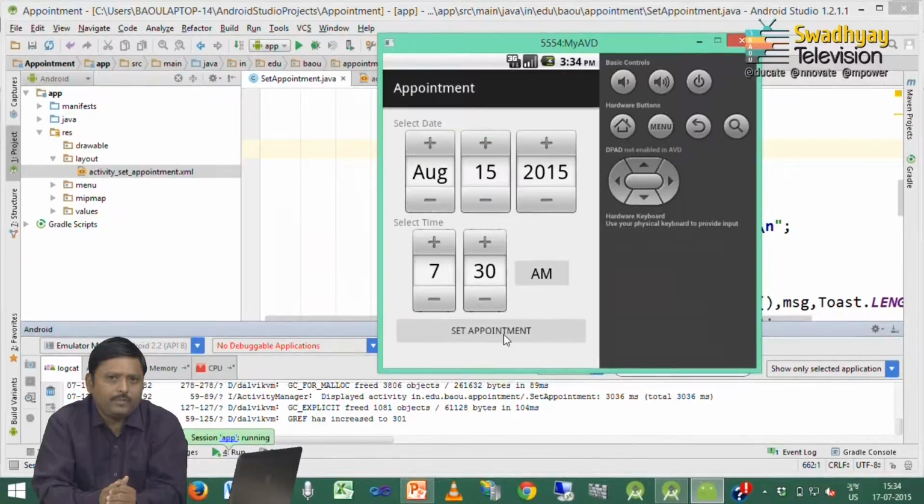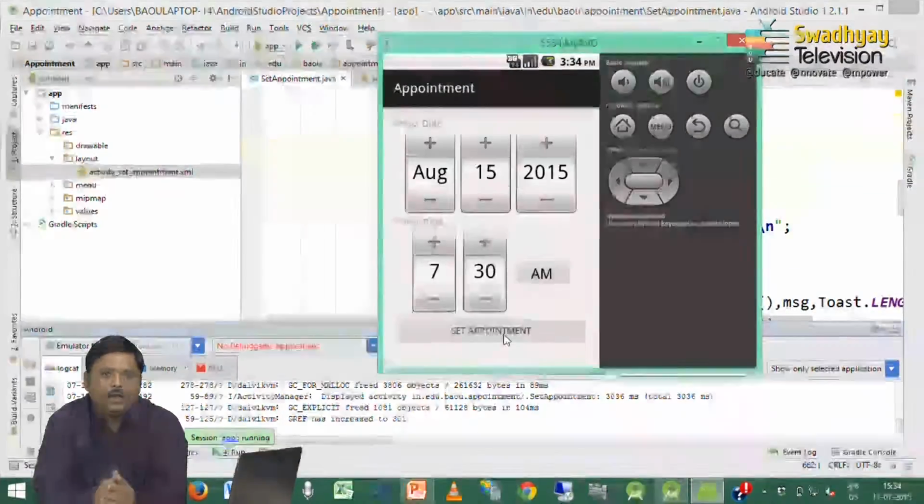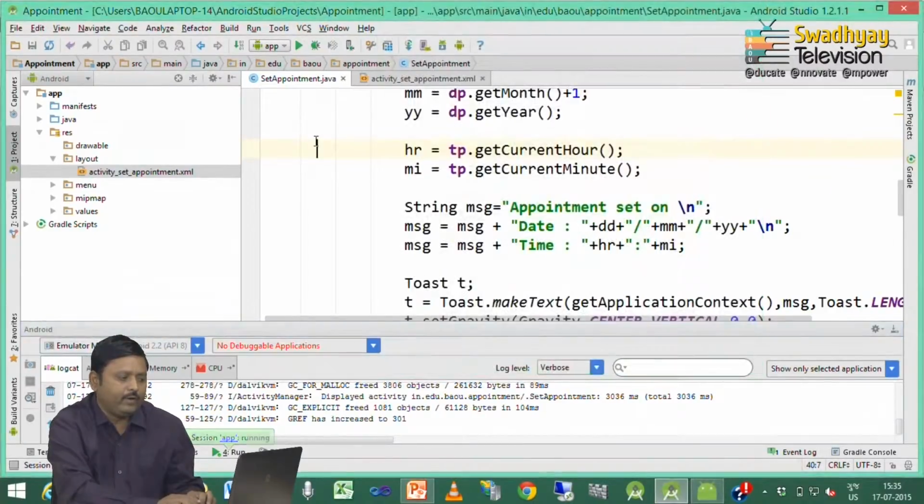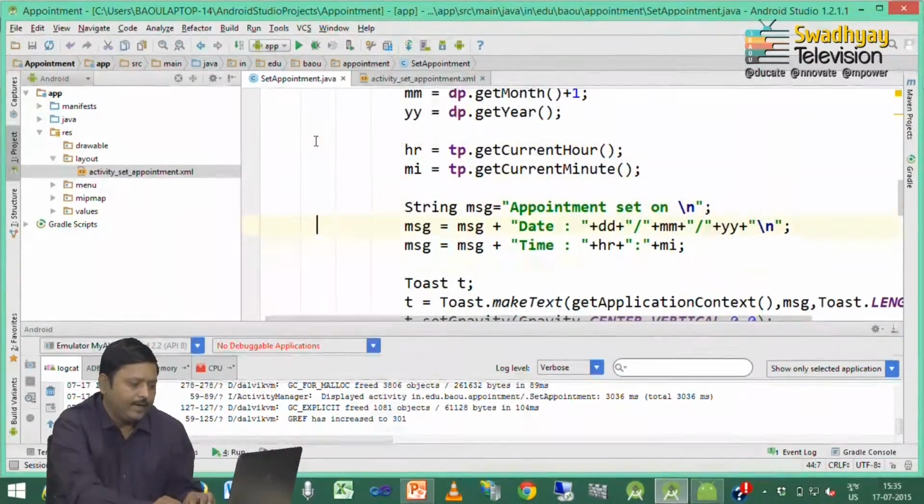Next we want to display AM and PM. So, how to display this? There is no direct way to get these AM or PM, but if your time written is greater than 12, then you can understand it is PM, and if it is below 12, then you can understand it is AM. So, next we set these criteria in our code. So, I am just going to the set appointment.java file, and here I write down